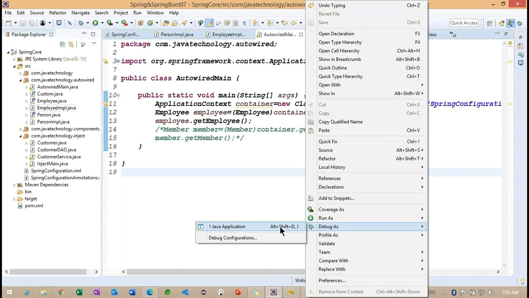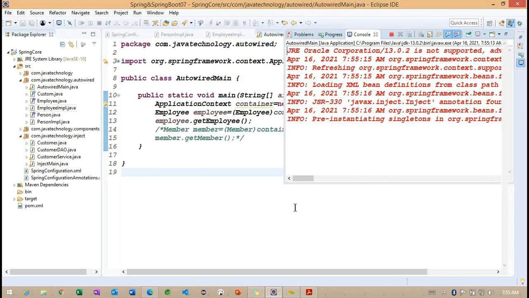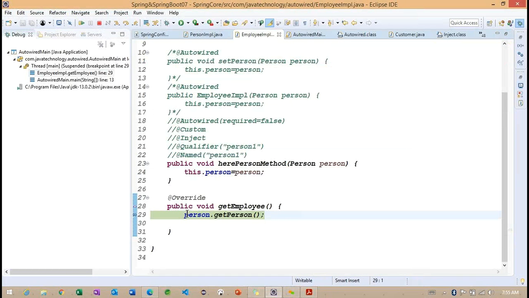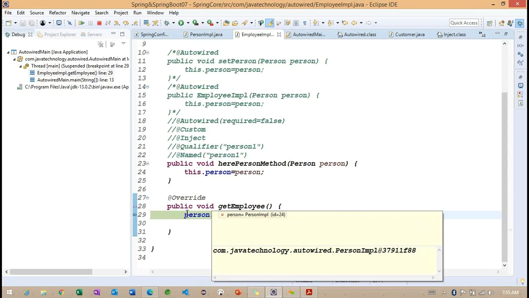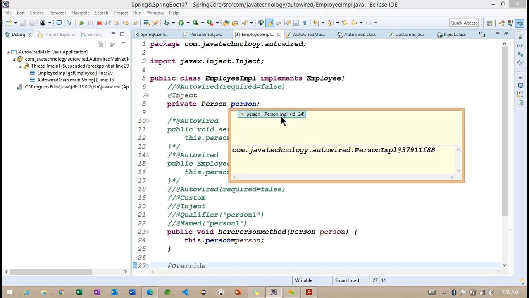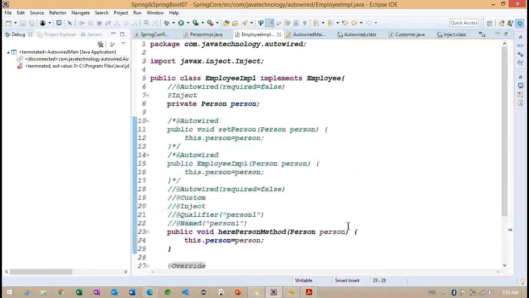Okay, let me debug here why we are getting this particular object information. Okay, person service impl. I will debug this Named annotation. So why are we not getting an exception here?